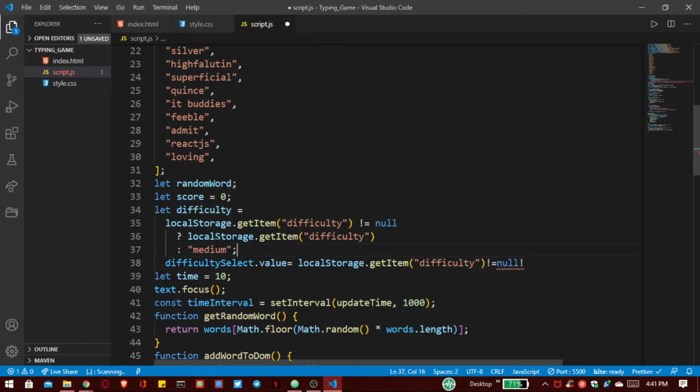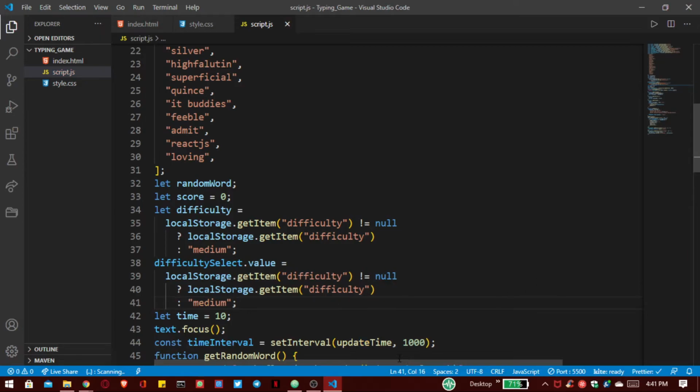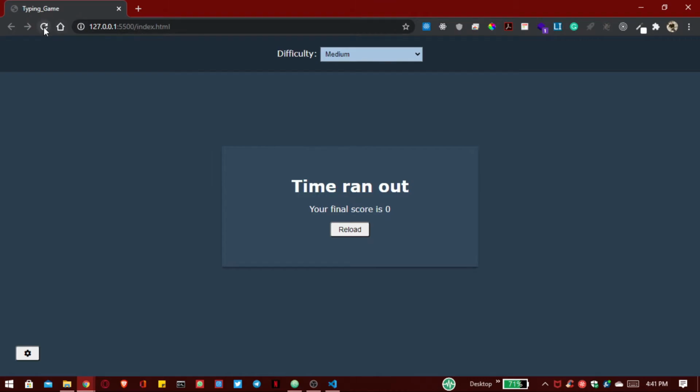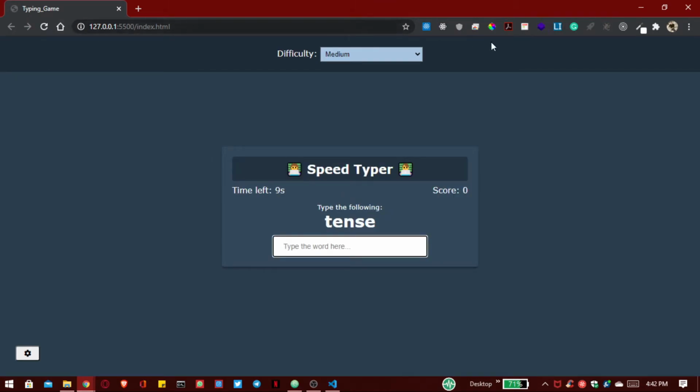Let's copy this stuff because it is same. This is for assigning and this is for our actual value. So now you can see here whenever I start the game, by default difficulty is medium.